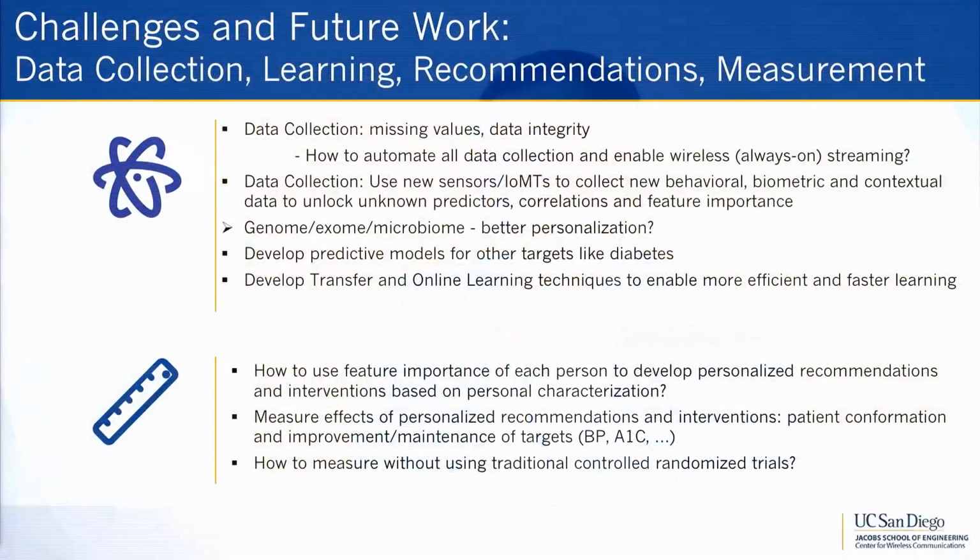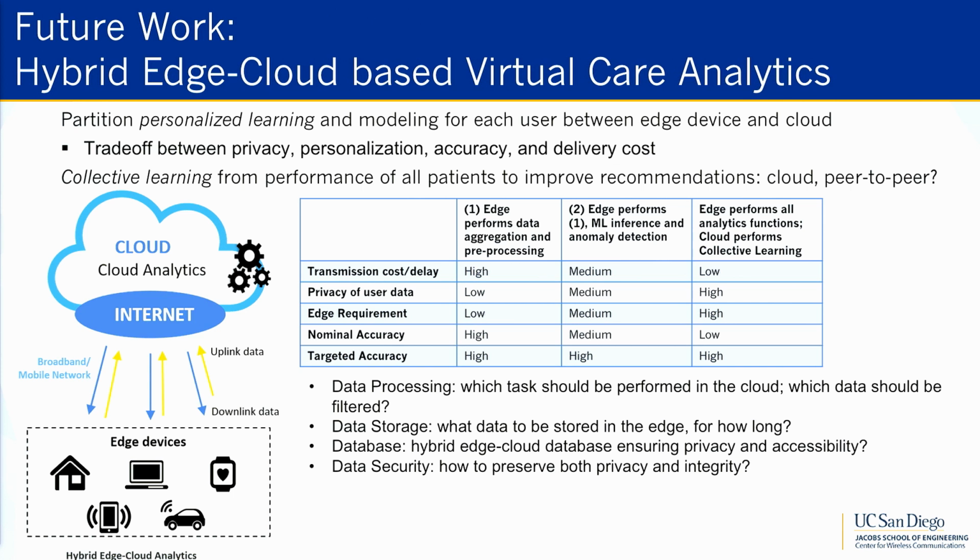We want to develop predictive models like we have done for blood pressure, for the other chronic diseases like diabetes. And that's one of the projects that we are just launching this summer. And develop transfer and online learning techniques, as I had already mentioned. And as you saw, to validate the importance of the features, we did some experiments, right? But instead of doing these experiments, can we come up with measuring techniques which can measure in more analytical ways what are the effects of these personalized recommendations, and also how to come up with the personalized recommendations and personalized interventions. And finally, for this project, we would like to